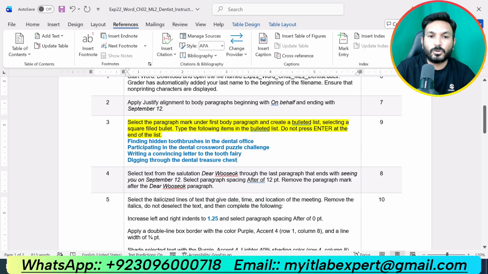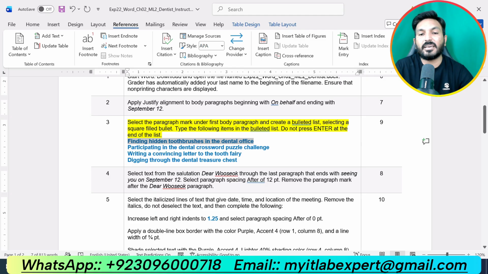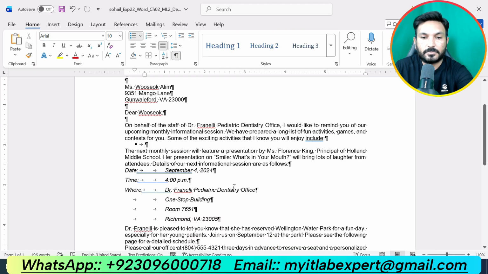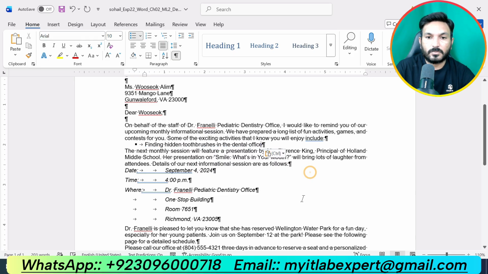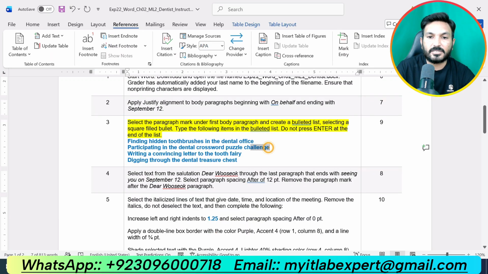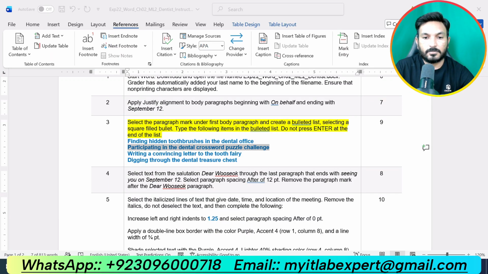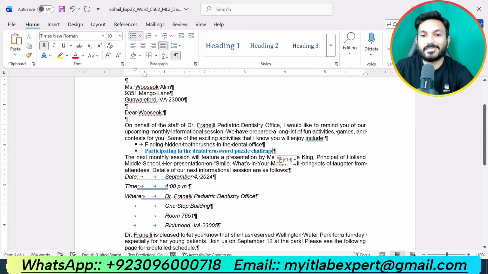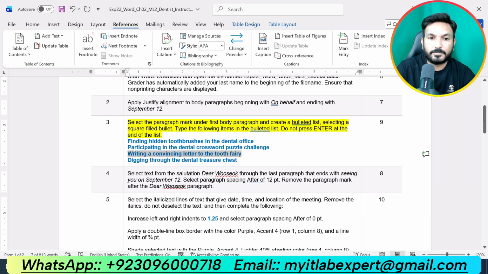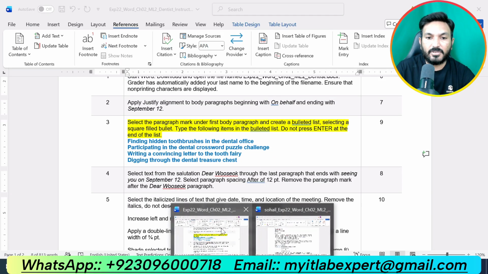Okay, now we are supposed to write this. So I am just going to copy these. Instead of writing there, I will copy these and paste there. Okay, this one. Now we will press enter. Okay, now second one. So again I will copy this and I will paste it here. Okay, press enter again. Now I will copy this again and I will paste it there.